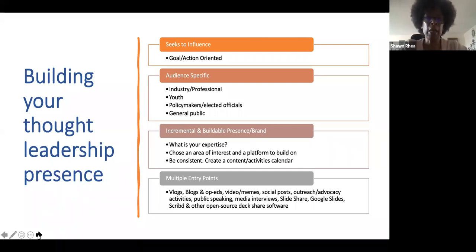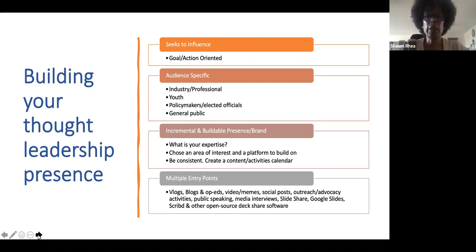But one thing to keep in mind in terms of building your presence as a thought leader is that scientists are always told that they are supposed to remain neutral. They let the science and the findings speak for themselves. And yes, that is absolutely important. As a thought leader, you take a step beyond, and the messages that you are engaging in are actually action oriented. They're goal oriented. You are making a call to action to your audience to use the information that you present as a scientist to help improve their lives and to improve the world broadly.